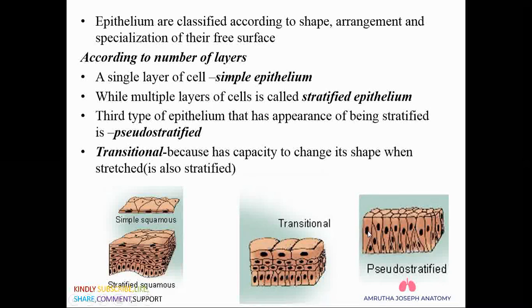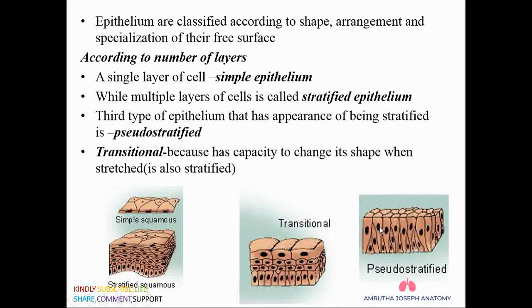This cell, the nucleus is at the top, but for the short cell, the nucleus is here. So here it is in the midline. Here the midway, right? Here it is the top, here it is again at the bottom. Because of the change in the length of the cell, the nucleus position also changes. So when you look through the microscope, because of the position of the nucleus, which is at two levels, some at the top, some at the bottom, it looks like that of